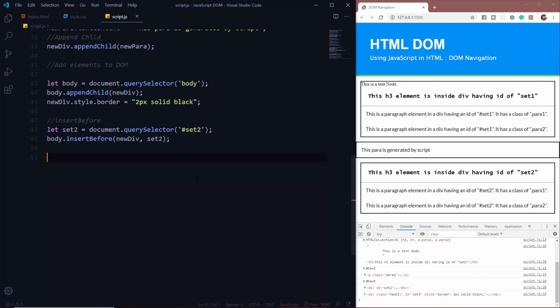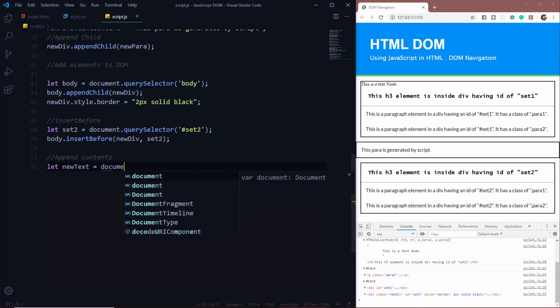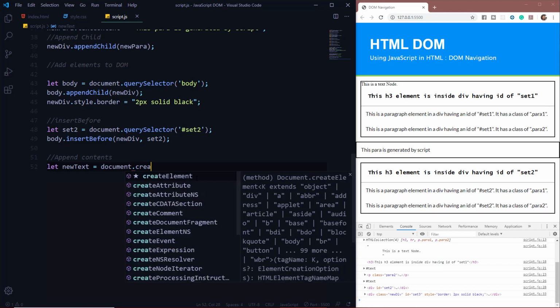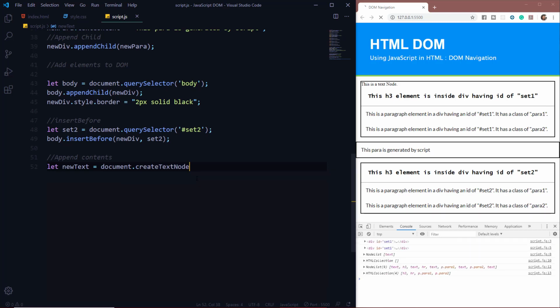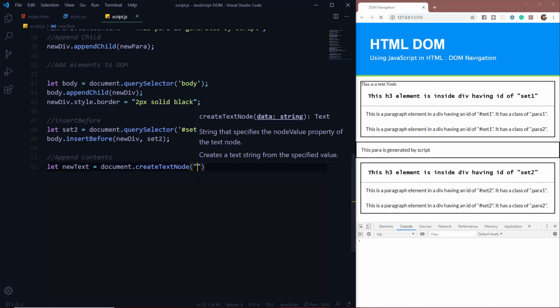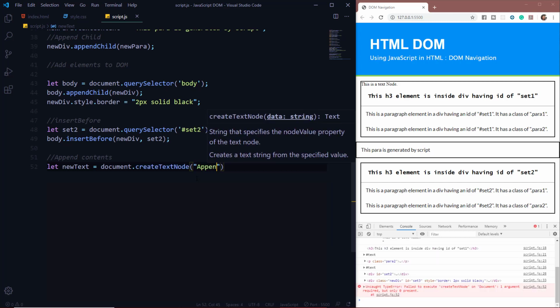Now let's see how we can append the contents of any element. So let's declare a new variable and we'll set its value equal to document.createTextNode. And inside this we'll pass whatever text we want to add.